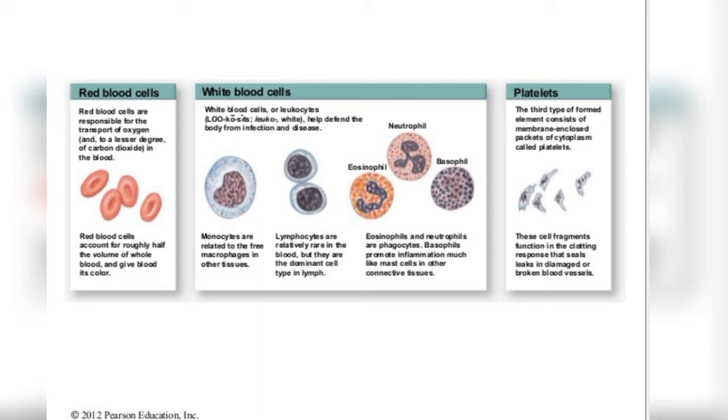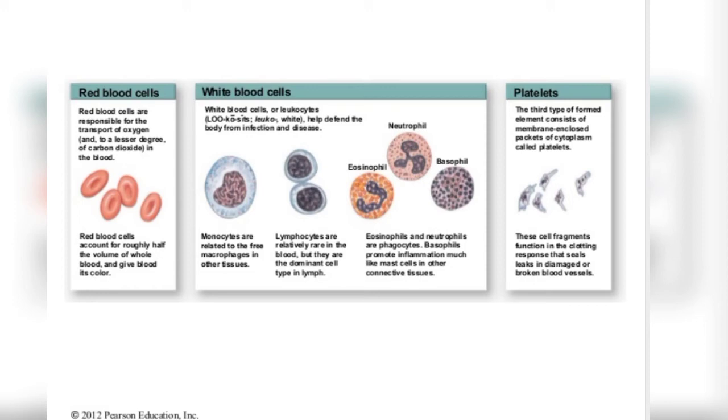Okay, now besides these cells, plasma also contains proteins, salts and hormones, because blood transports nutrients, gases, hormones and vitamins to various tissues of the body, to each and every part of the body. Also, it carries excretory products from tissues to excretory organs, and it also conducts heat and regulates the body temperature. So these are all the functions of the blood, which is done by the fluid connective tissue.